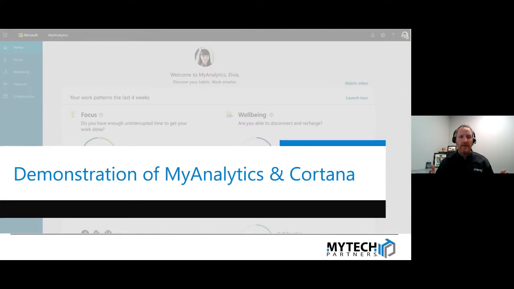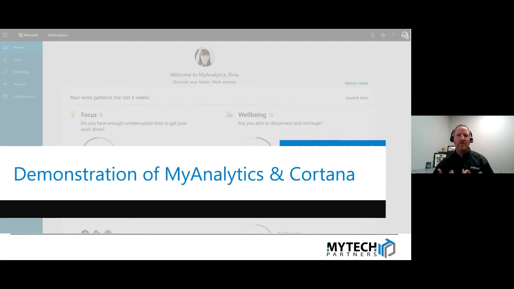So let's dig in to some of the demonstration of what I'm going to talk about. There's mainly 3 different ways that you and your team, or you as an individual, will most likely interact with these capabilities. And we talk about MyAnalytics and Cortana. The reason why we reference Cortana is because Cortana is basically the personal assistant, kind of like, I probably shouldn't even say it, but like Amazon Alexa, right?